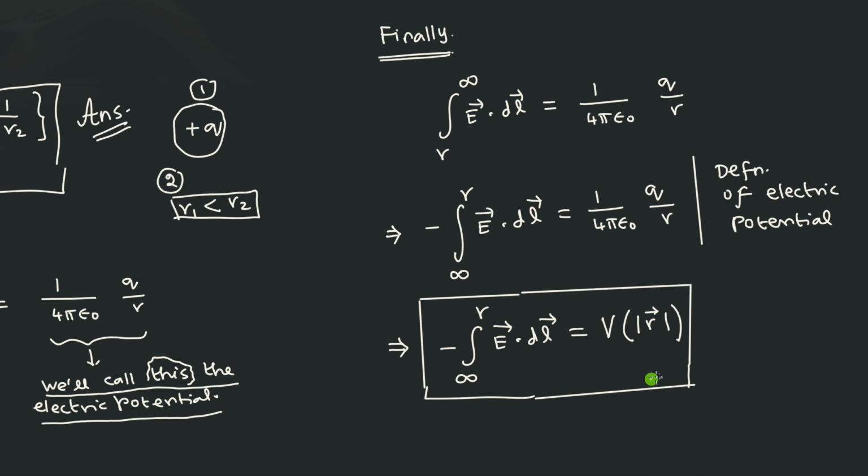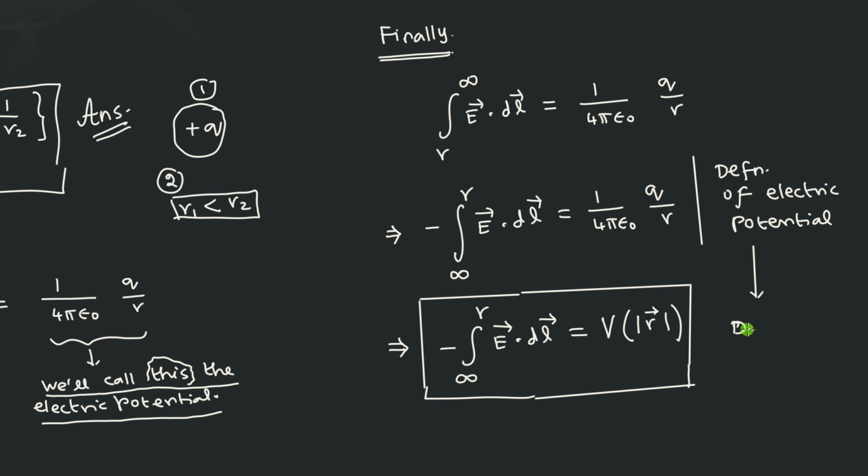So even though we started with a way of solving a particular problem, finally what happened is that solving a particular problem also enables us to understand some basic defining equations. So this will be the defining equation for the electric potential. So these two are the same. So you can also say that this is also the defining equation. Only thing is, here you have the exact expression for the point charge. Here this is a general expression.